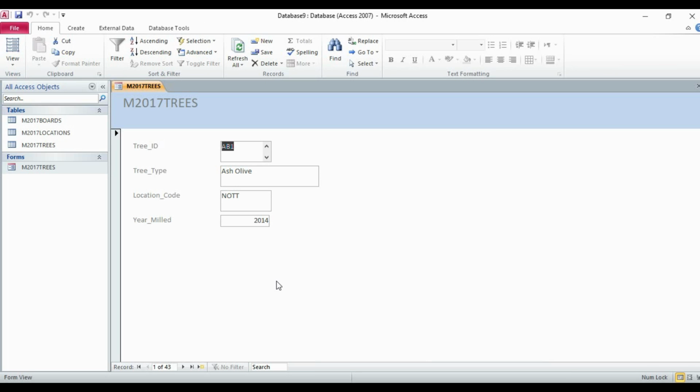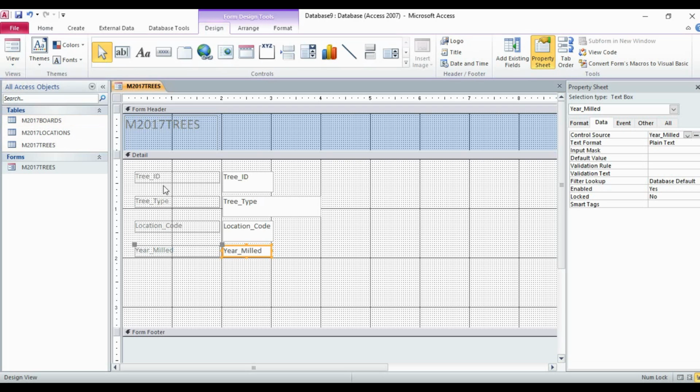As I said, we can change the size of the text boxes, but it doesn't mean that we cannot change the field sizes. For example, look at the design view. These are the text boxes and these are the field spaces where we are writing the field names.